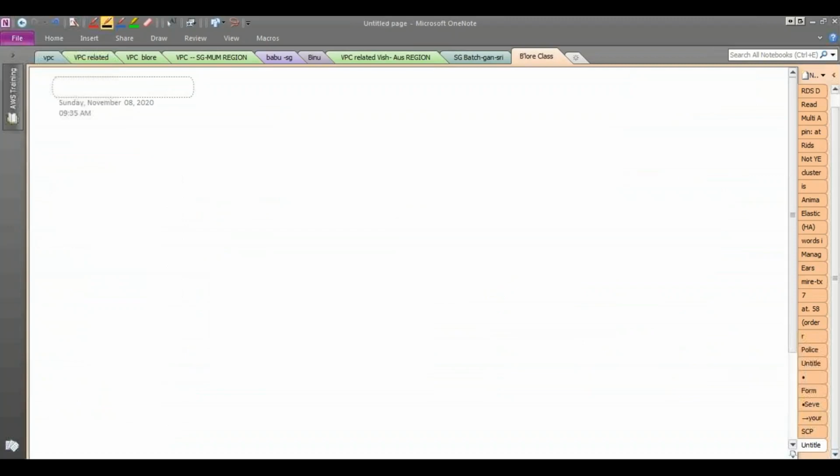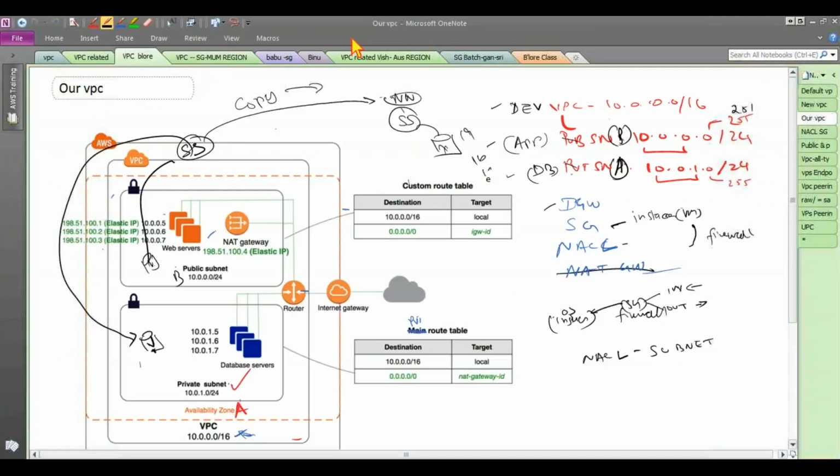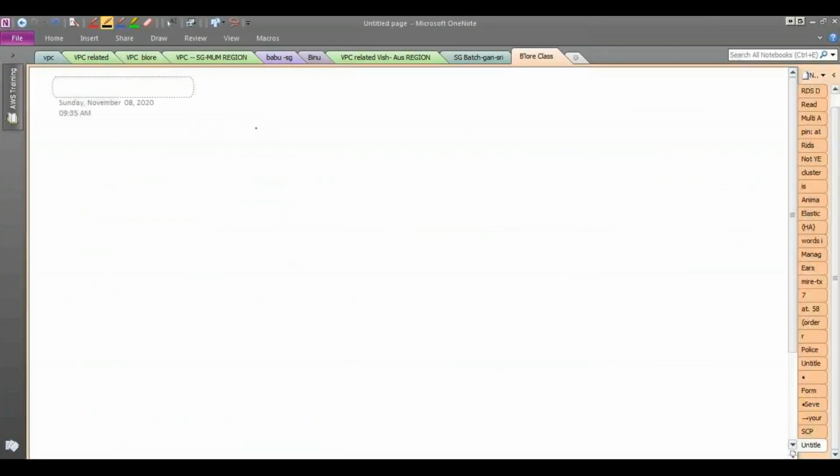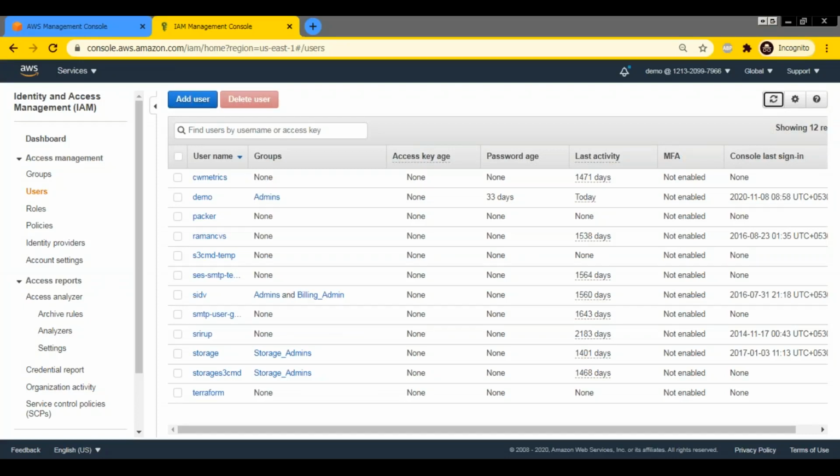Okay. So now we have spoken about the root user. We have been using the root user. Now we will go into the IAM users. How do you create your users? How to log in? Some basic stuff. So I'm going to do it from another IAM user. I'm not going to do it from a root user. It is the same thing.